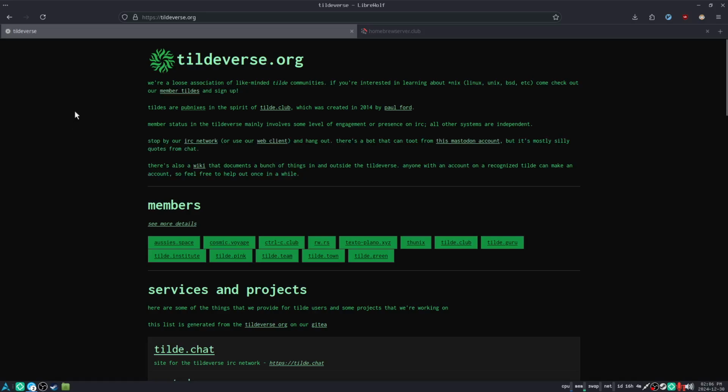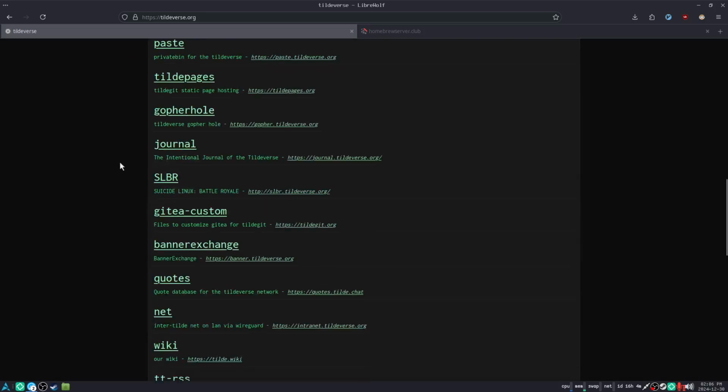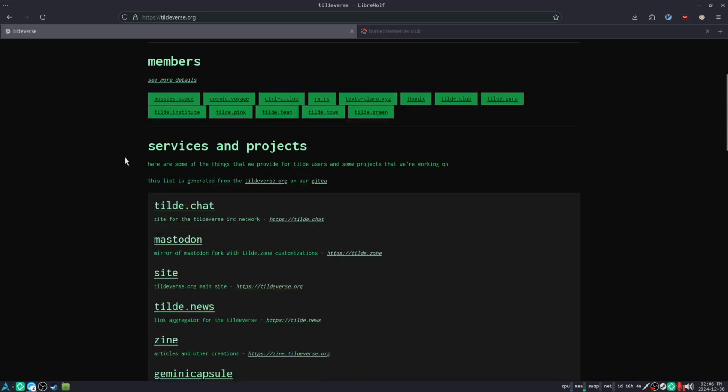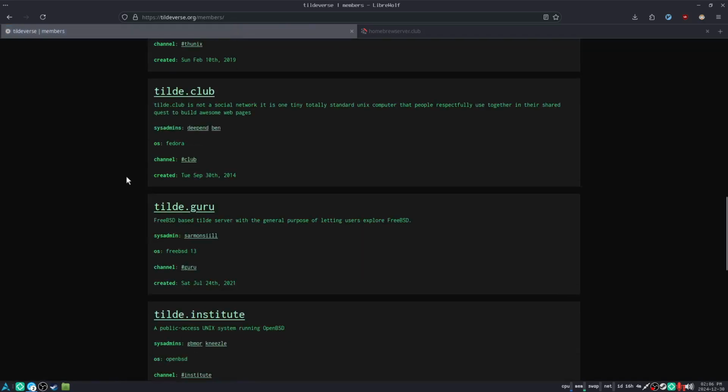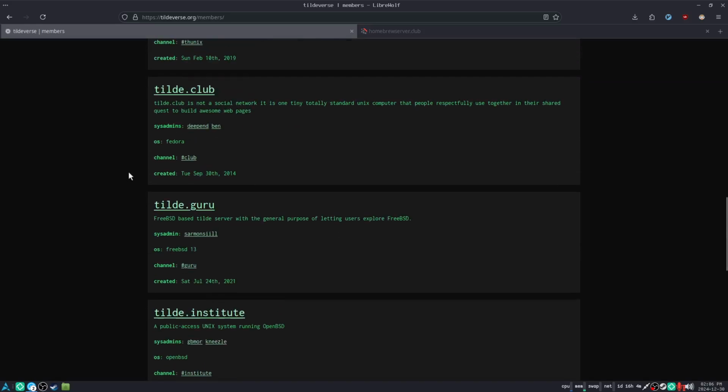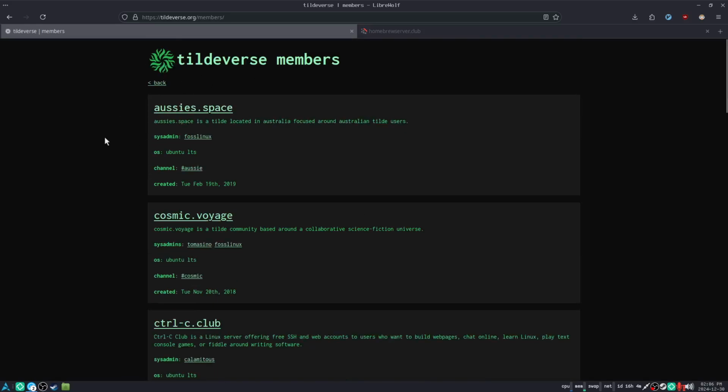I would strongly recommend looking into some of these pubnixes, either on tildeverse.org, joining one of these, or this. Again, I want to emphasize, this is not a list of every tilde or pubnix that exists in the world, right? This is just some of them. This is just a small group. There are many more that are not members of tildeverse, and you should do some DuckDuckGoing and look around and see if you find anything that interests you,